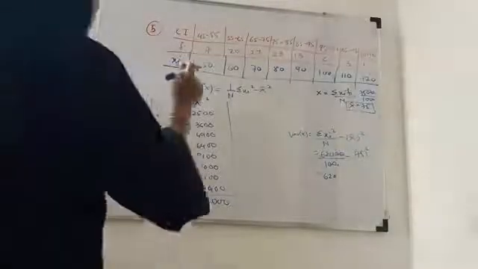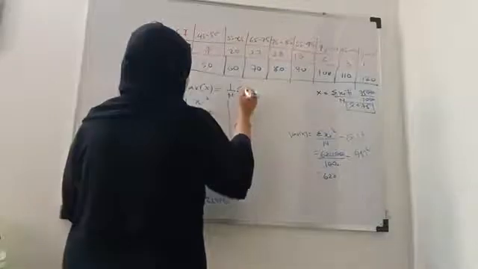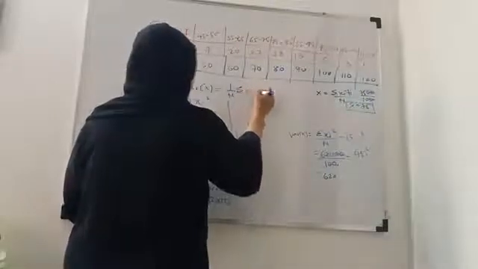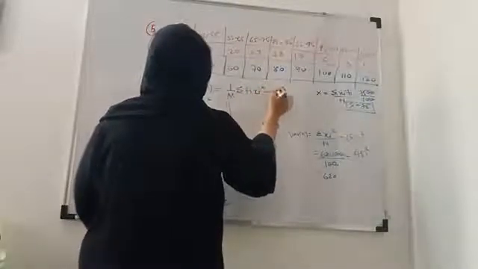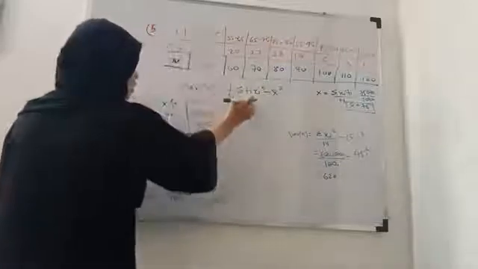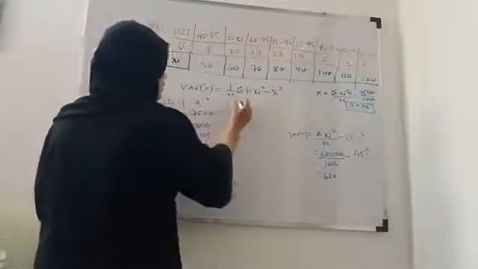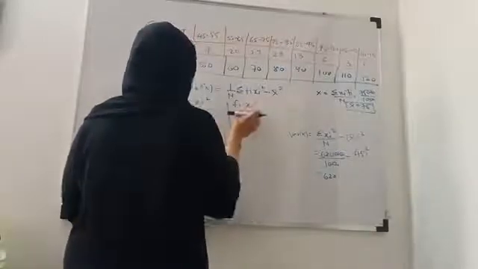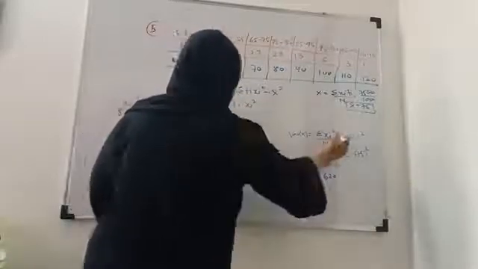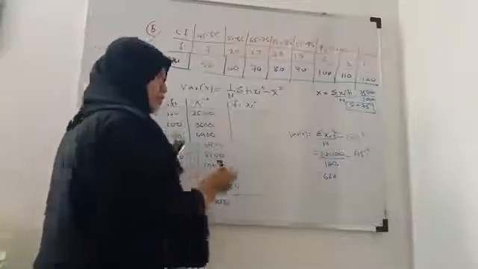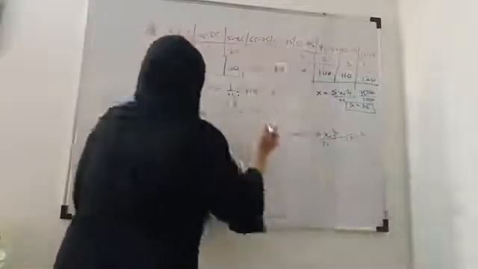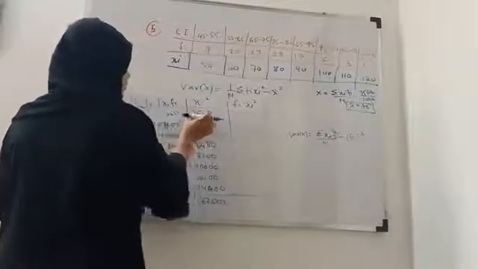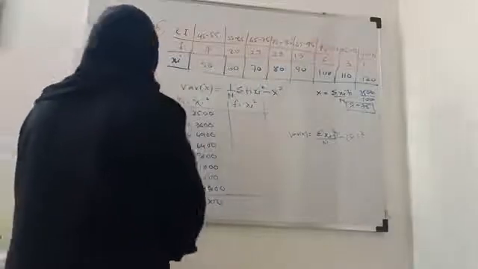We made one mistake in the formula. The formula is fi into (xi minus x bar) the whole square. Since the frequency is also there, we have to multiply by frequency as well. So the next column will be fi into xi square, and then we want the addition of this. Here the fi will also come, right? So now we will multiply this term by fi.